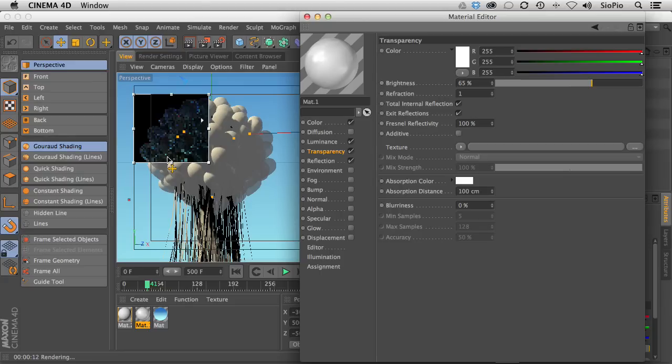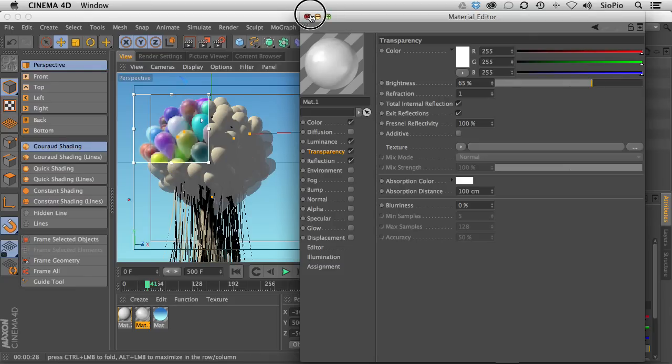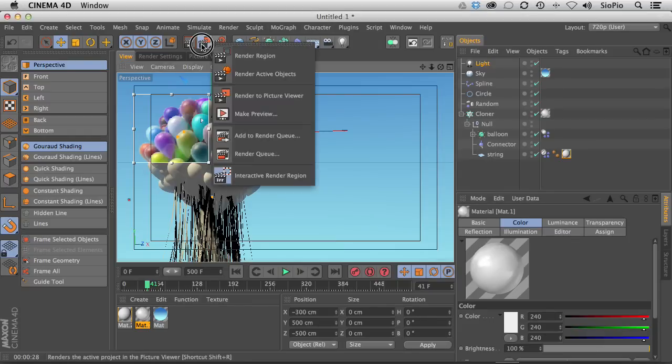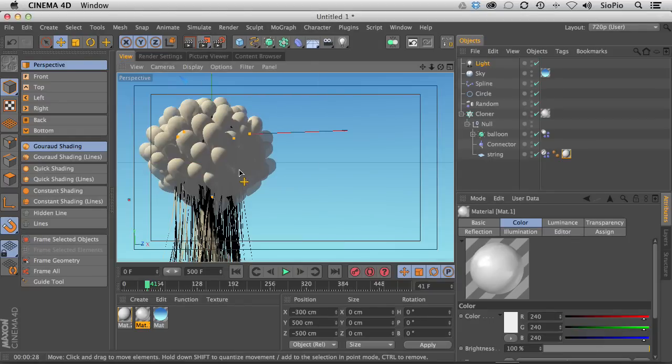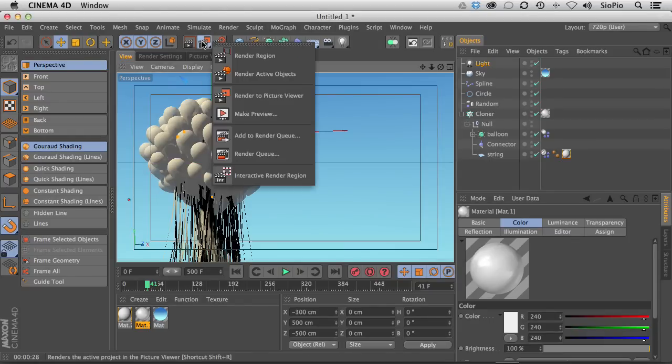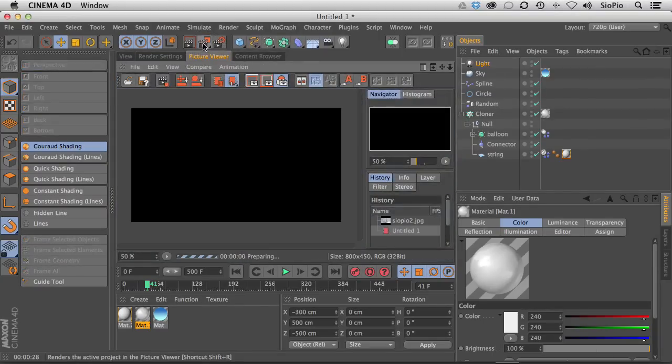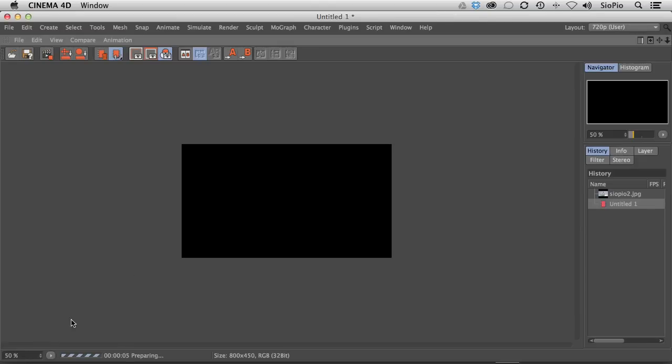You see just that little bit going from 50 to 65. It's really taking a lot longer. And I think this is going to look good. I'm not even going to wait for this interactive render to finish. That looks great. So let's close our material editor, turn off interactive render, and let's just hit render on this thing while we talk it out. Here we go, Control Tab, bring that up to full screen,